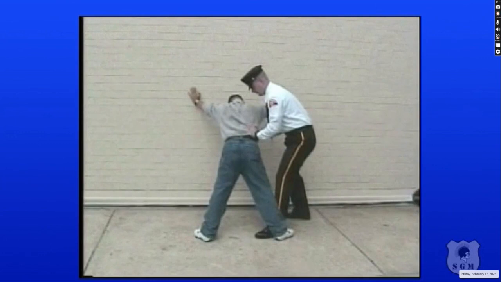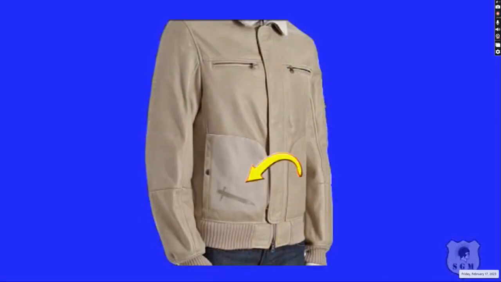While at his waist, run your fingers inside the trouser belt line, looking for hidden weapons. Be sure to crush jackets or loose clothing and go into the pockets after you pat the outside of them. You don't want to just stick your fingers inside his belt line or put your hands in his pockets, for the reason that I mentioned before, hypodermic needles.